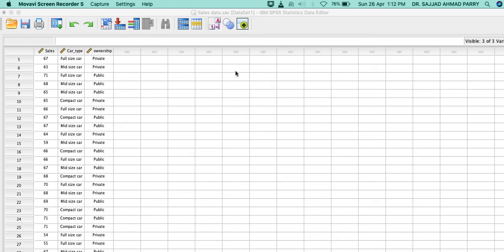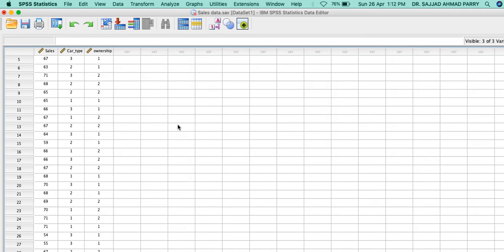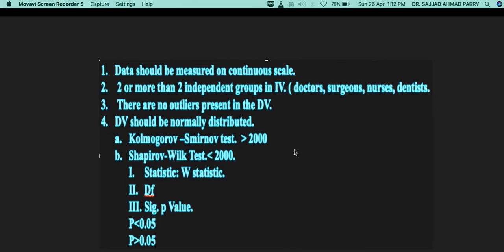Now if we talk about the first assumption of the one-way ANOVA test, that data should be continuous, the sales data here is continuous. Data should be measured on the continuous scale, and the data is continuous, fine.